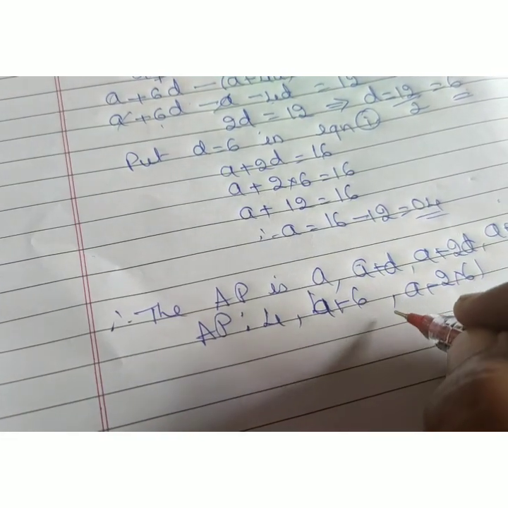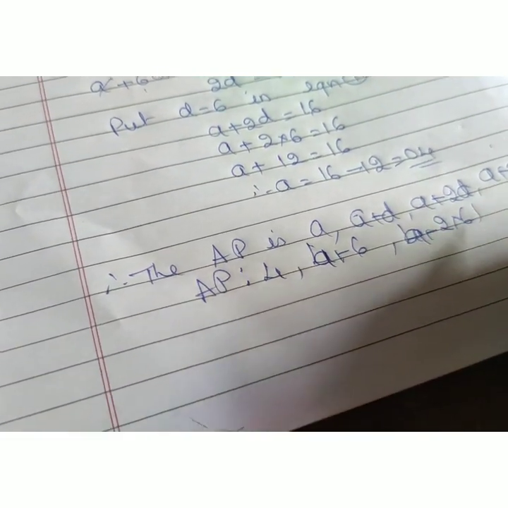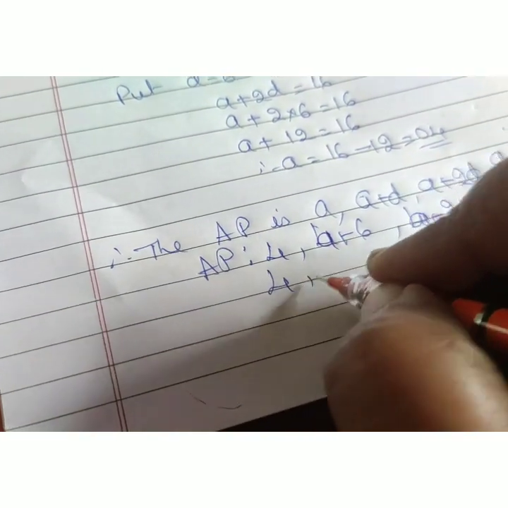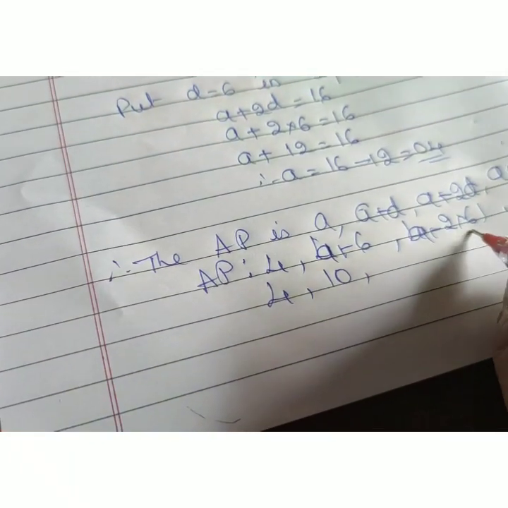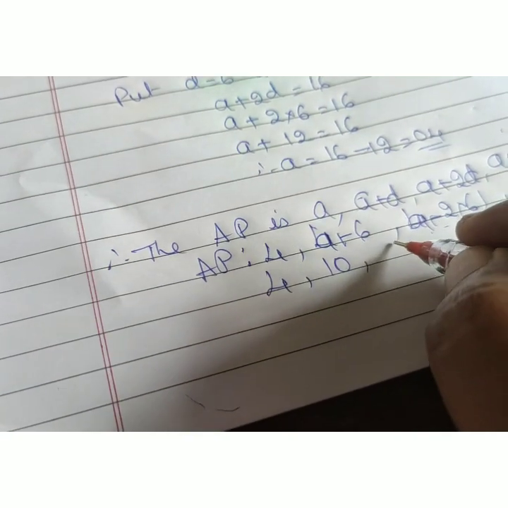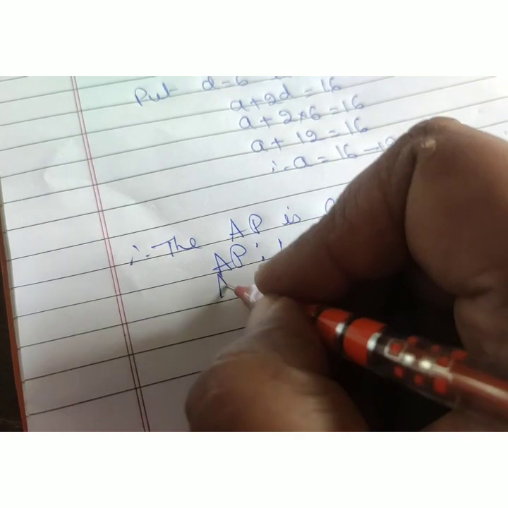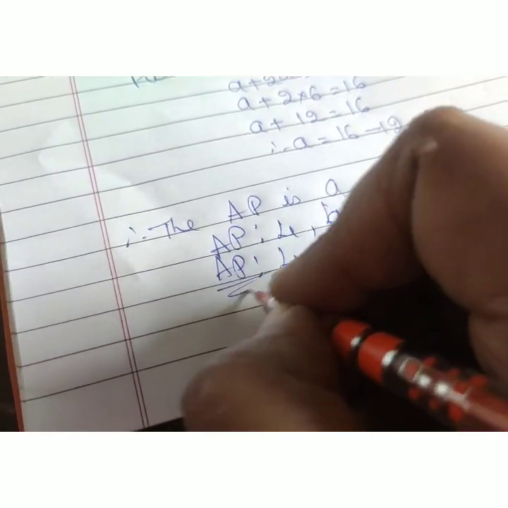4, you write here also, for write 4. You are 4, and so on. So when you simplify that, this is 4, this is 10, this is 6, 2 sixes are 12, 12 plus 4, that is 16. So this is the AP we got. They told us to determine the AP and we have determined the AP.